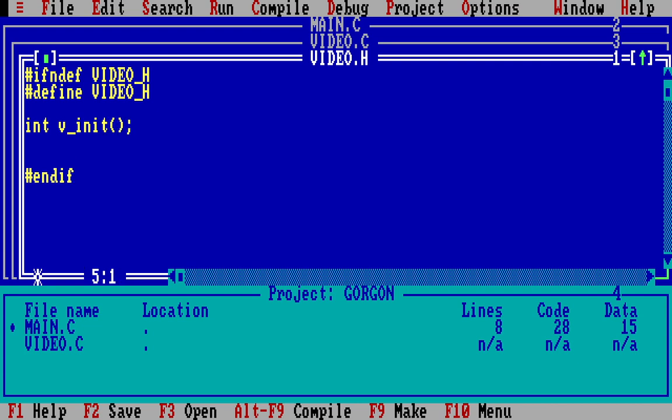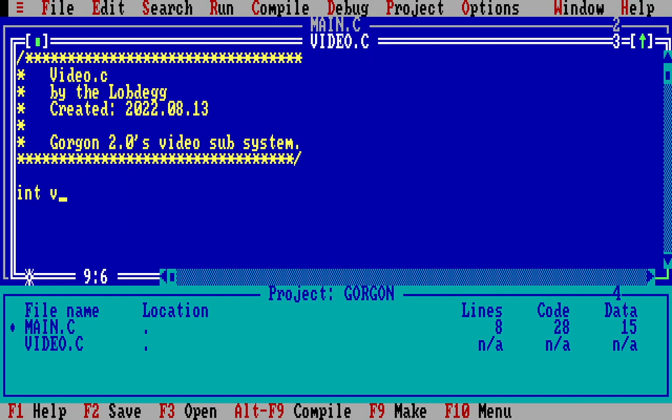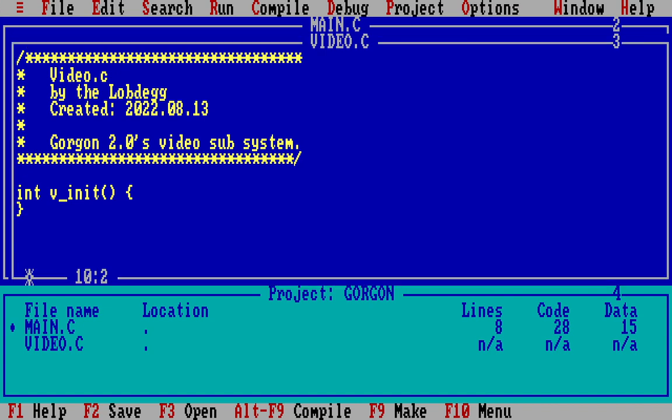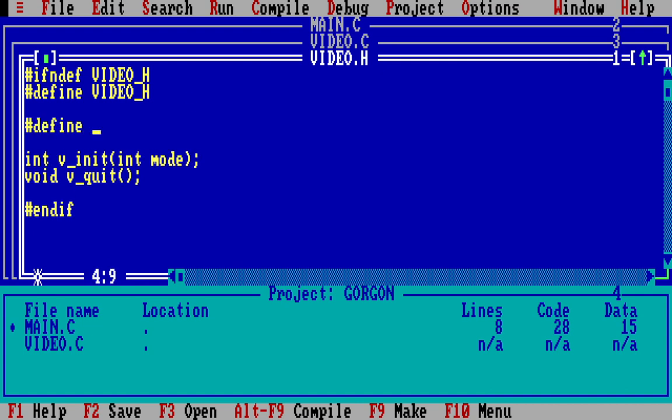Alright, so what we're going to want to do is create an init function and a quit function, right? So let's go ahead and save that, and then F6 back to here, and we're going to actually define that. Actually, let me say int mode, and let's go ahead and define some modes. So right now, actually, let me call that video mode Tandy,